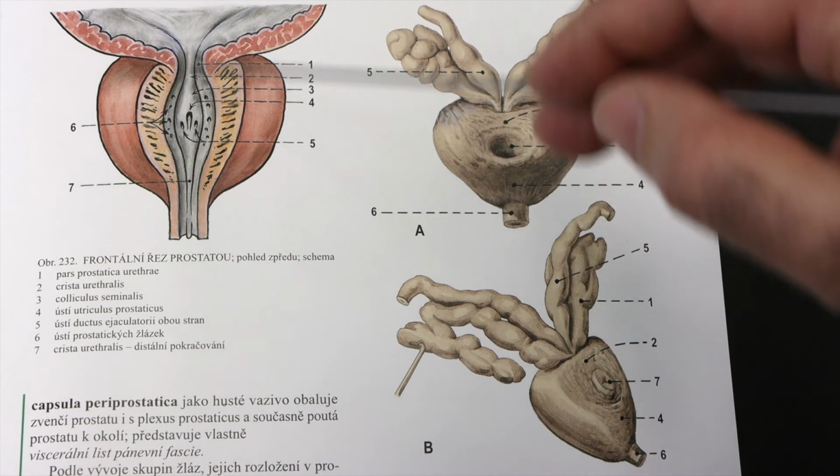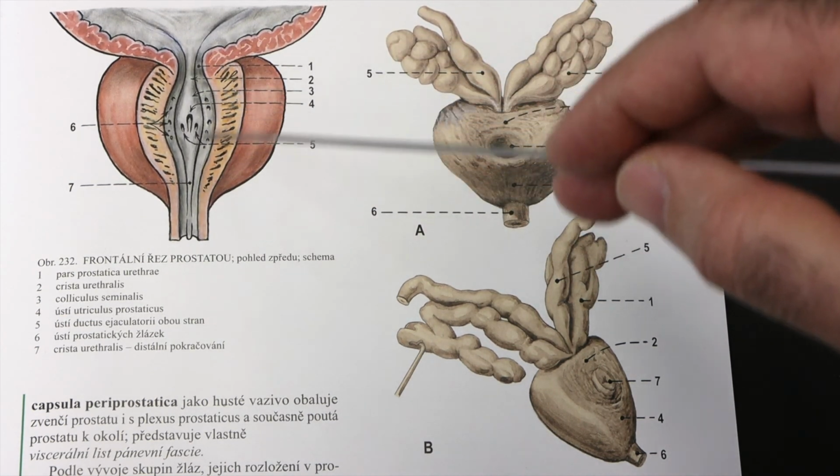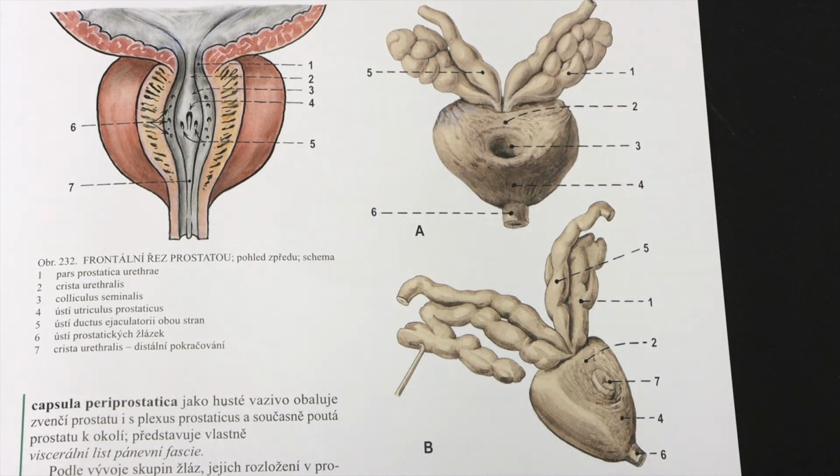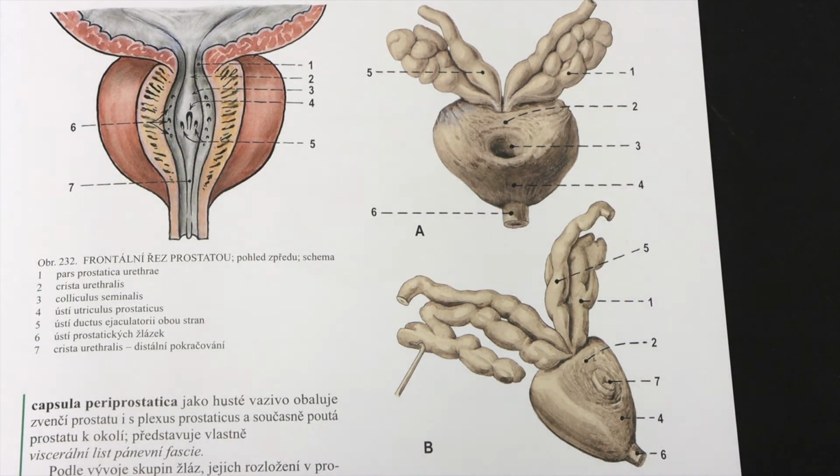Then in the side of the urethral crest, which is here, you can see the part which is called the prostatic sinus, and through this prostatic sinus open the prostatic glands. So as you know, the prostate has approximately 30 to 50 tubuloalveolar glands that secrete approximately 15 to 30% of the ejaculatory fluid, and